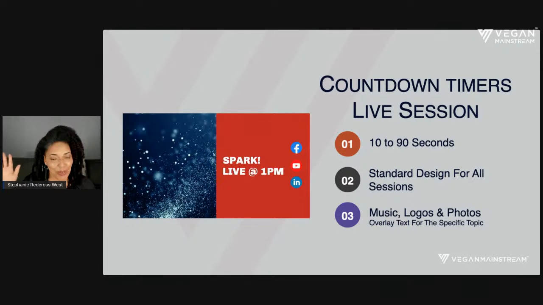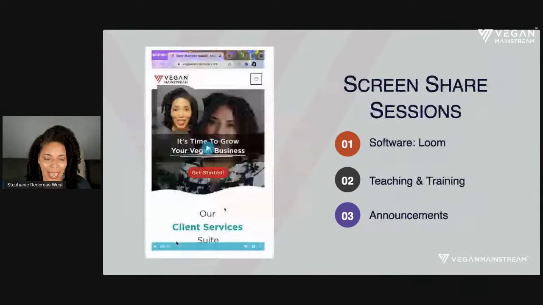Anyone already doing countdown timers or anyone excited about or considering doing countdown timers after I just showed you that technique? Oh, and creating countdown timers, you can create them in really any software format. You can create them in Canva. You can create them through using things like Keynote and so forth.